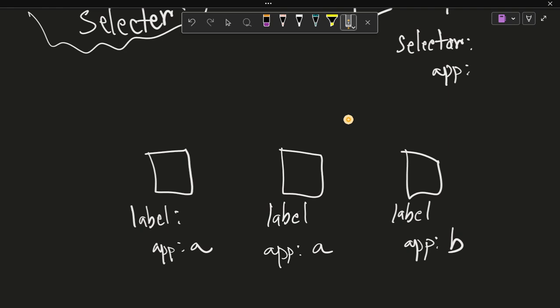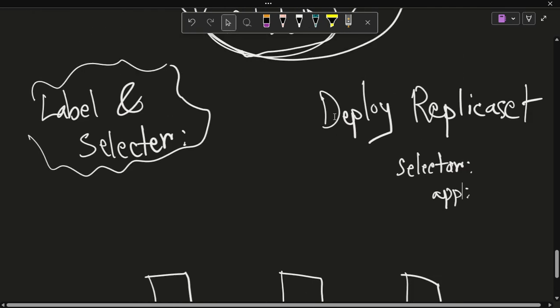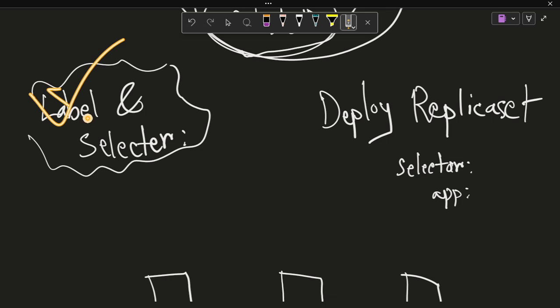So this was about the labels and selectors. Similar to the deployment and replica set, you can use this label and selector to select your pods for services as well. Clear? Now we get to the hands-on part. How do we actually create services? So let me show you